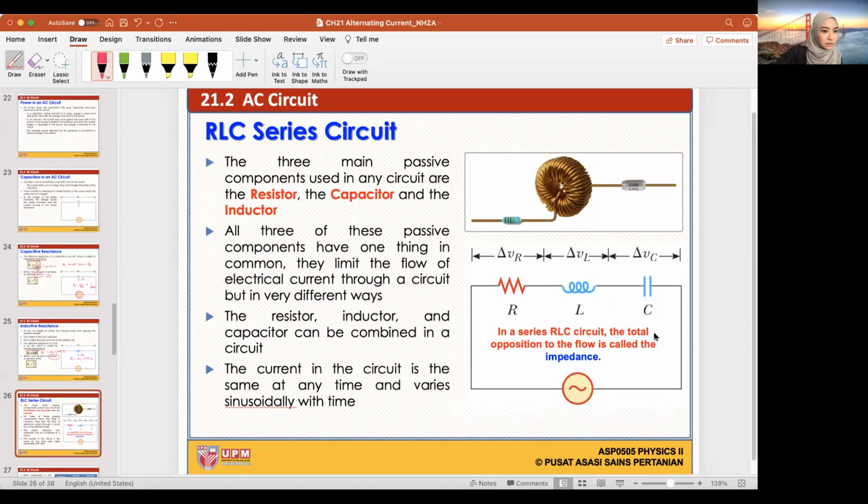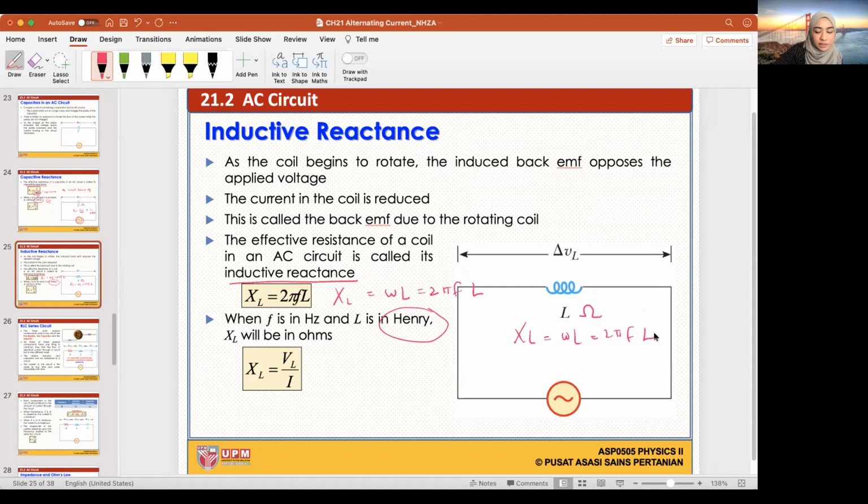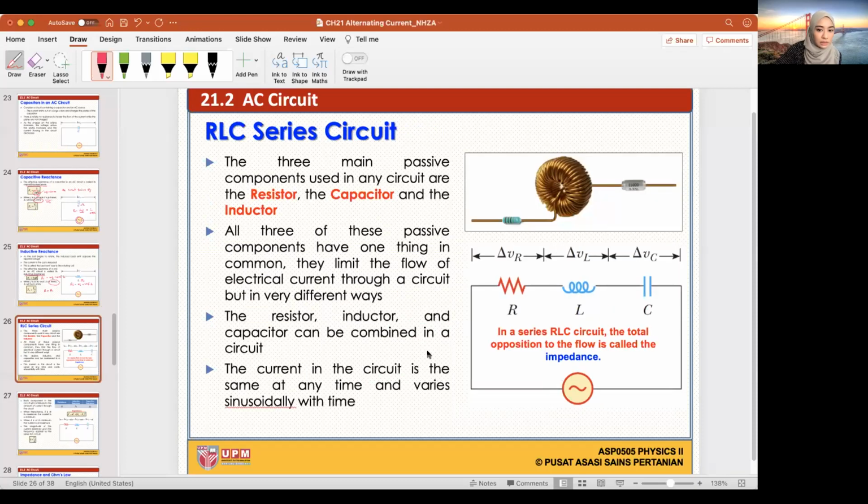Where is the resistor? Tak cerita. Sekejap. So basically, you already know that resistors is not affected in an AC circuit. So resistor punya value is just R. So tak ada equation pelik-pelik, just use R as it is. Okay, so that's your